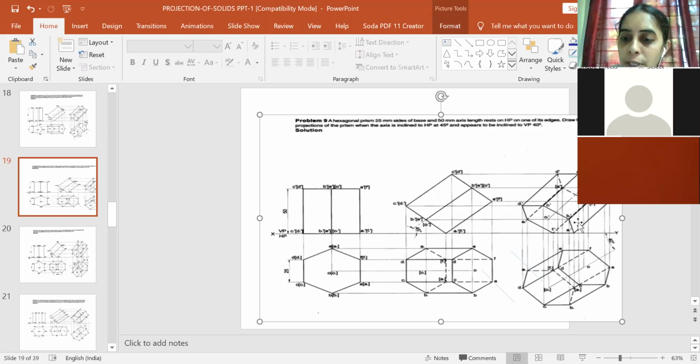So once you do the darkening, then you have to understand which are the other parts which are visible. So I told you, always draw the top surface first, which is visible, then we will carry forward with the remaining. So I told you the projections coming through the corner of the surface through which it is being viewed will be visible. So these are the four corners, 1, 2, 3 and 4. So the projection coming through the corner of the top surface will be visible.